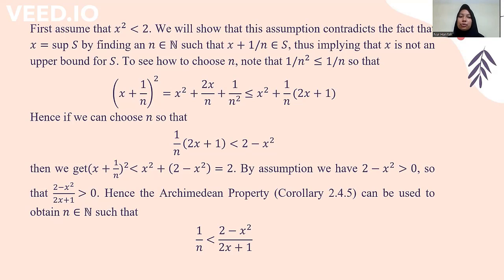Hence, if we can choose n so that 1 over n times (2x plus 1) is less than 2 minus x squared,